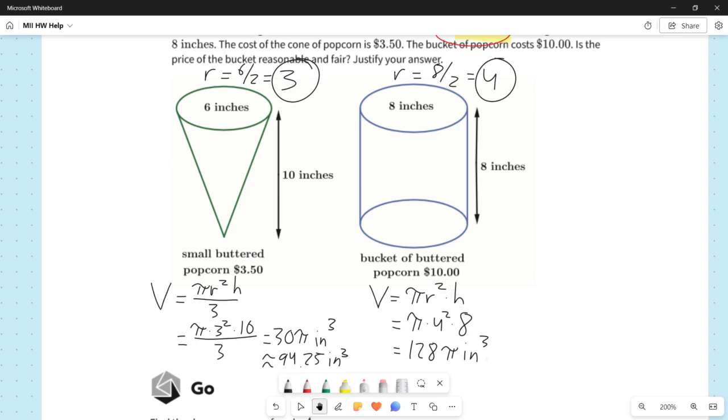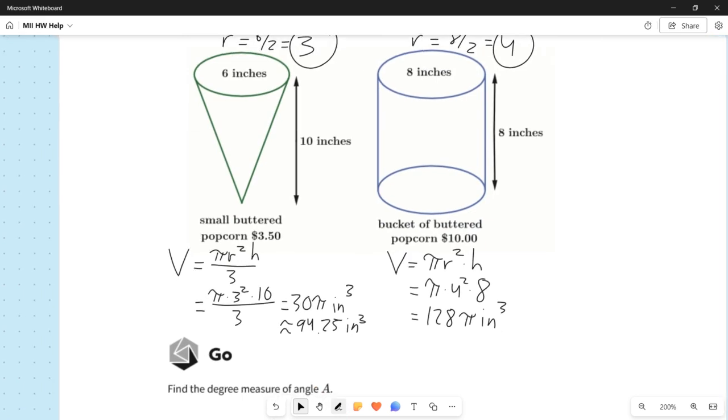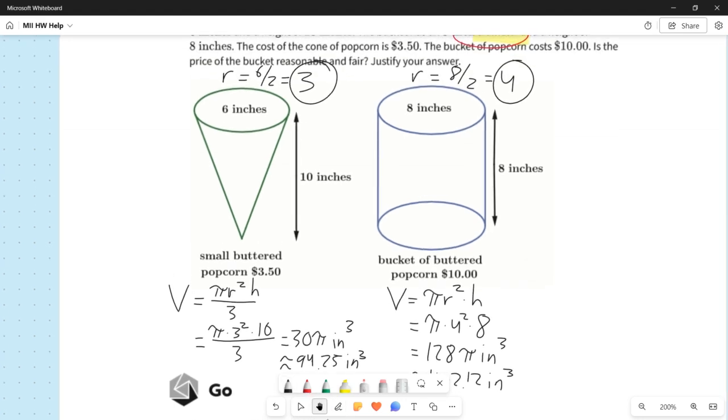And if I want to approximate this, which might not be necessary, but it'll just take a second. So this is approximately 402.12 cubic inches. Okay. So clearly the cylinder is bigger. We probably already knew that. But what we really want to figure out is how does the cost factor into this, right? So with the cone,